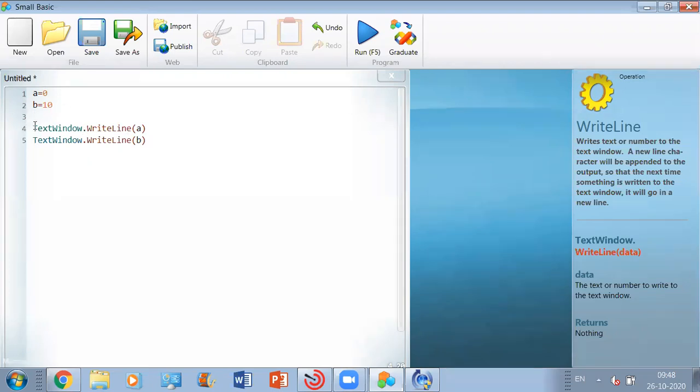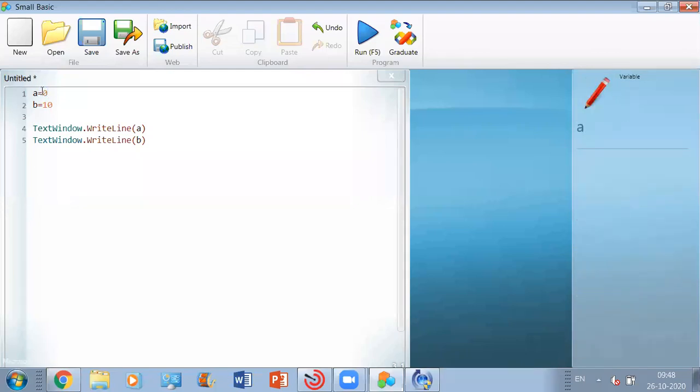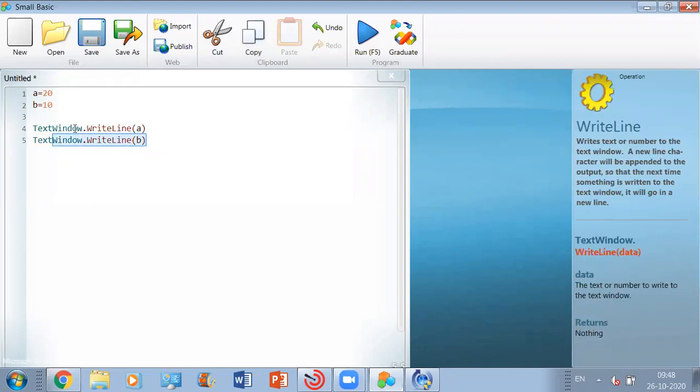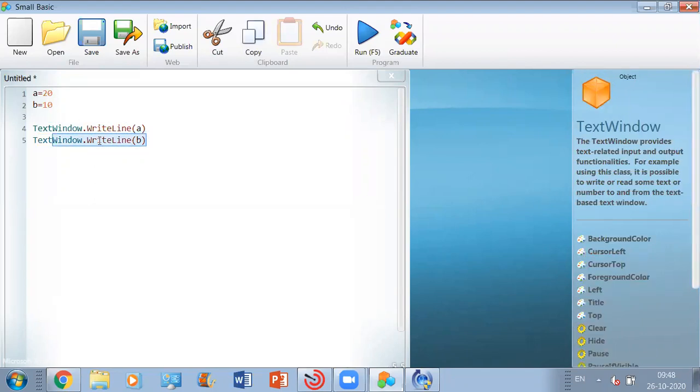Suppose we have got 2 different variables, one is A, in which we have stored 20, and the other one is B, in which we have stored 10. Now, we have defined 2 lines of code here, TextWindow.WriteLine A and TextWindow.WriteLine B. So it is going to print the value of A on the text window, and the value of B on the text window.